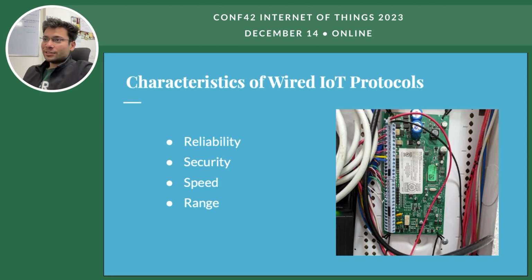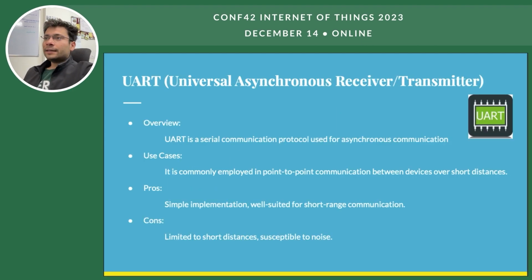The same thing applies here, because if we have wires, we know 100% the signal will go from point A to point B. And it offers good range, because through wires we can transfer signals over kilometers. But it also depends on the protocol, on how the signals are being transferred. So the range is something which may fluctuate for different protocols. So let's begin and start with the